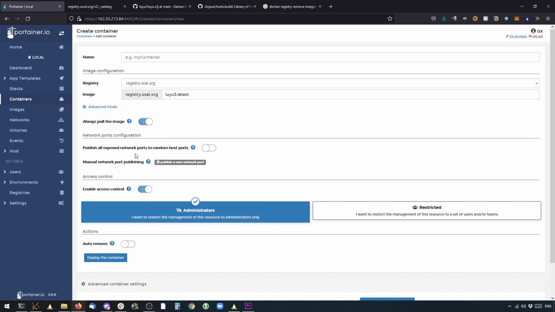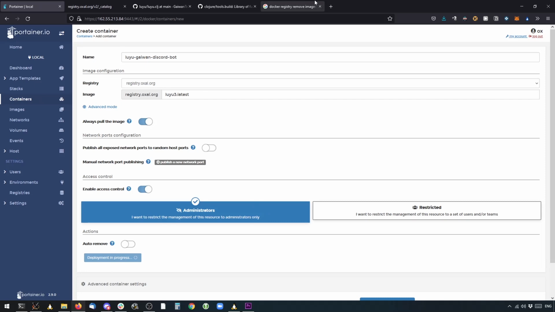So let's do that and let's call this Luyu3 final bot or just Luyu bot. Luyu Gaiwan Discord bot. Let's deploy this now.